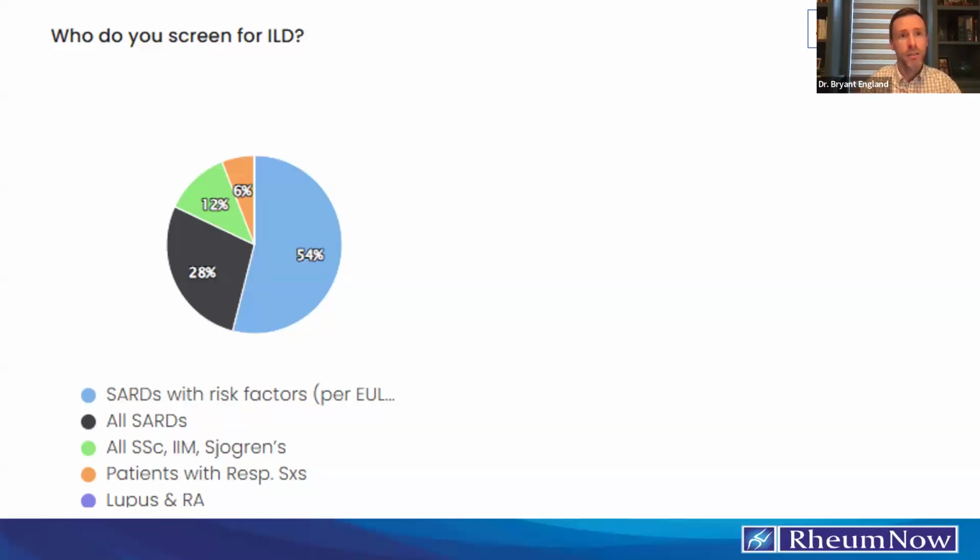It's people who have other risk factors. So people who have severe RA, people who have other extra-articular features, people with a smoking history. Those are the people that are then going to make me think about, okay, I should screen this person for ILD. And it may not be at time zero, right?